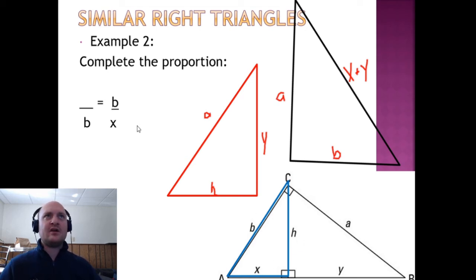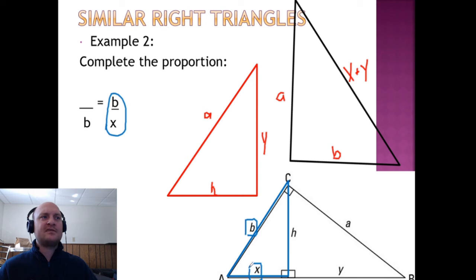So the question here is to complete the proportion, and now that we get a little bit clearer idea of what the 3 triangles we can compare are, let's see if there's a comparison we can make. I notice that this fraction, b over x, can be found inside of this triangle, b and x. So the question is, where can I find a fraction that compares to b over x in a different triangle? The answer is over here, where b